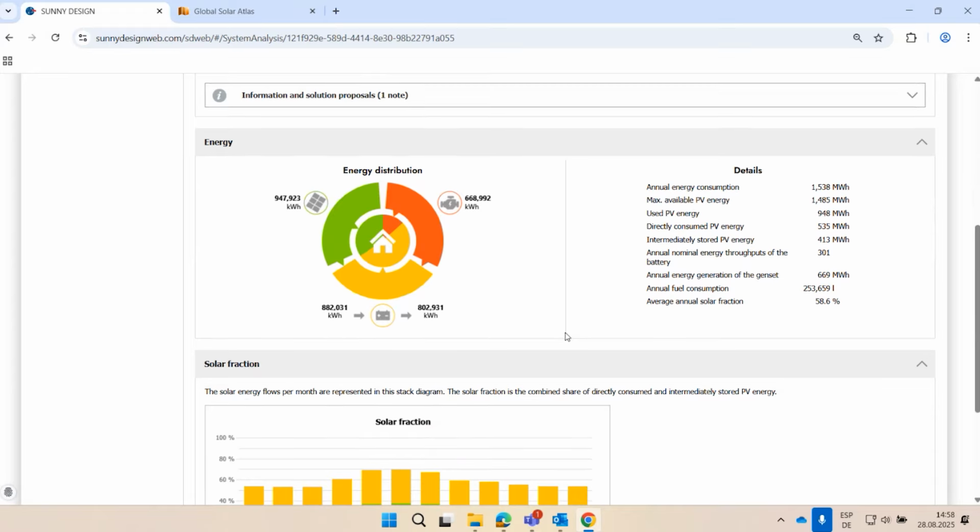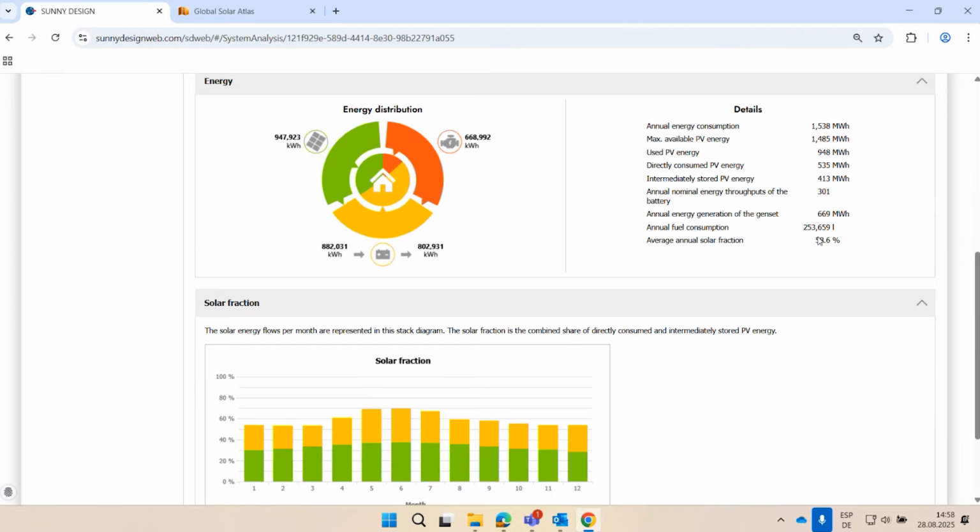So in this moment, first of all, I calculated with 80% solar fraction, and this is what I wanted to have. But the system made a first calculation with around 60% of the solar fraction. So it means that my energy consumption is 1.5 megawatt hours, but my available PV energy is below. You can see that. First of all, I will increase the PV just to go above this value, because in this way I can have more energy to supply my loads.